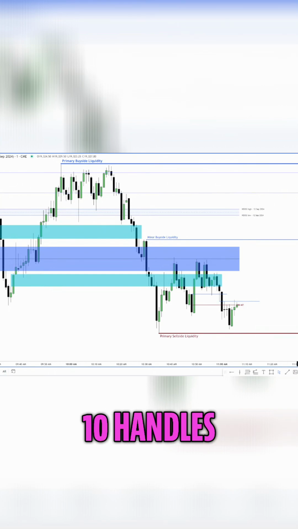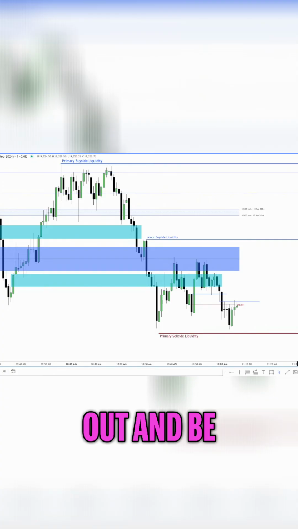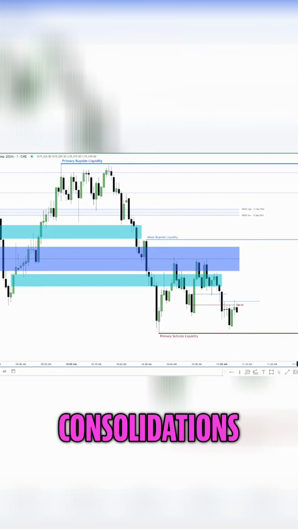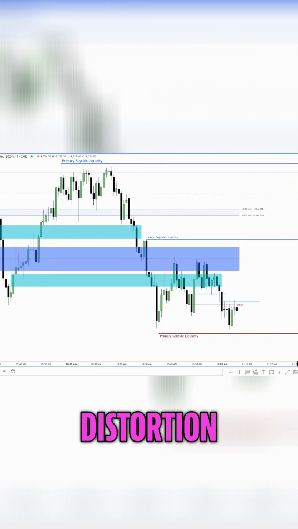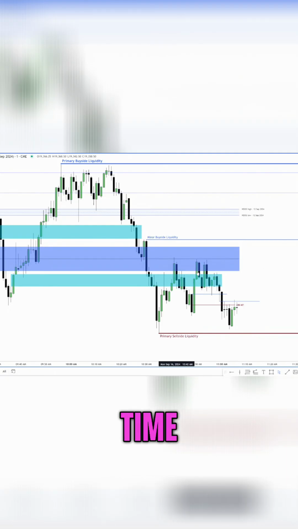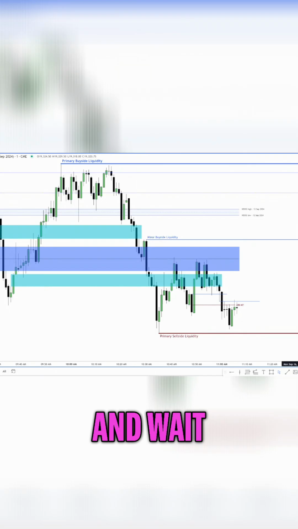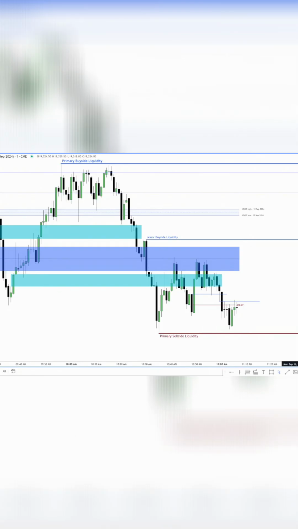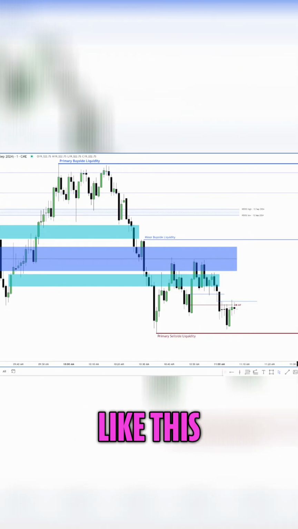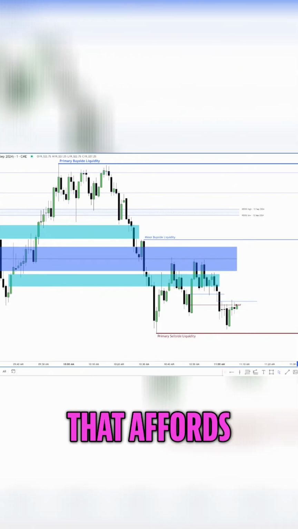And with 10 handles, you can get stopped out and be right if you're just trying to trade in, you know, consolidations or time distortion, which is basically what we're seeing here. This is all time distortion, which means you have to sit and wait for them to give you something obvious. And right now it's not obvious. So you wait. So it would need to do something like this. Give me a move that affords me,